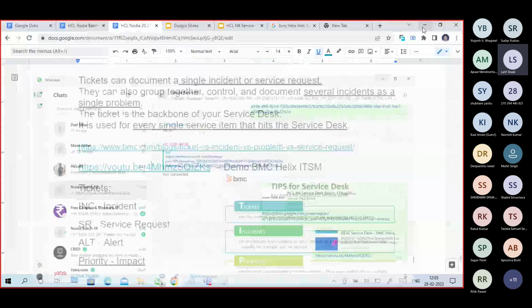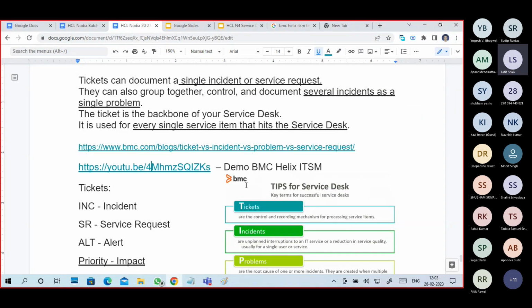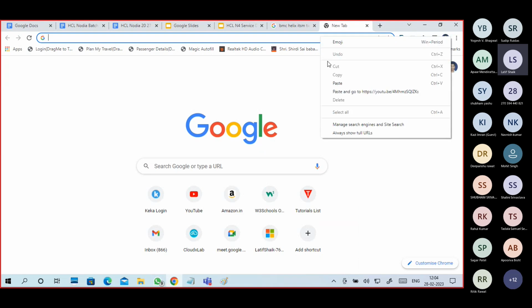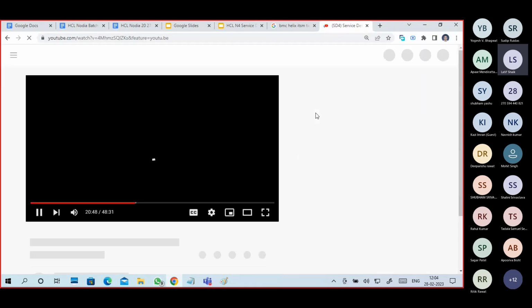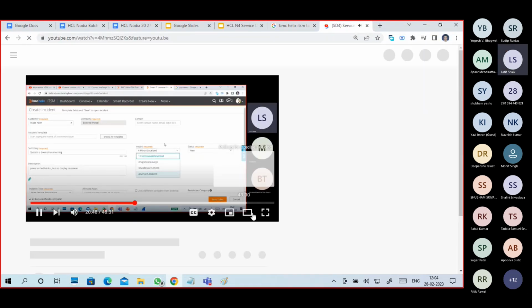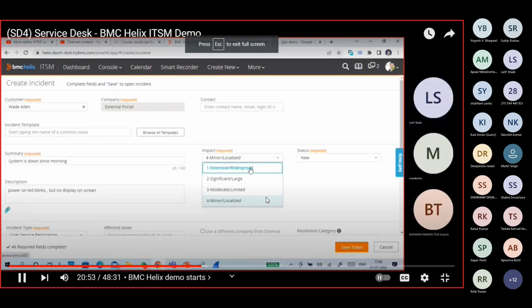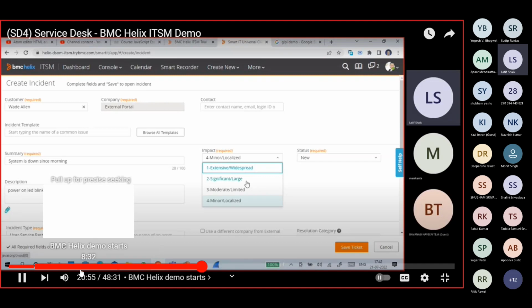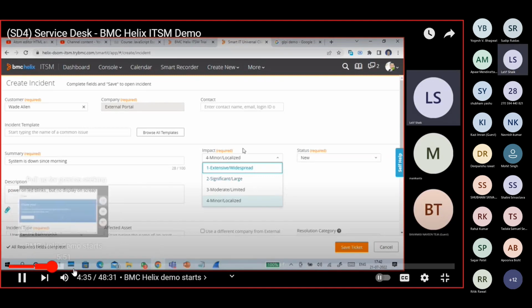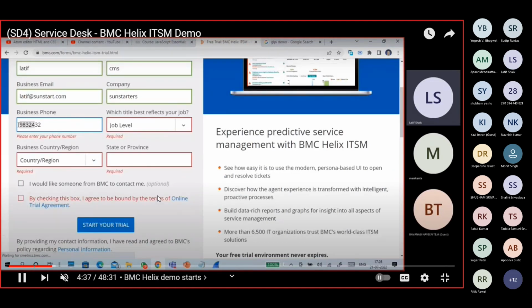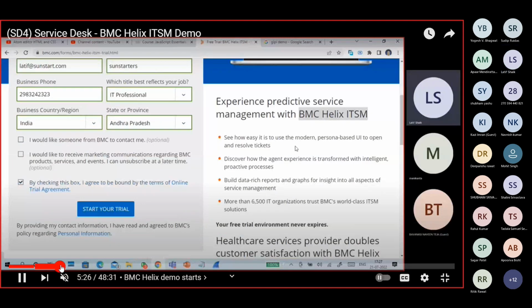If required, I will try to show the demo. Importantly, I explained in this demo how to create a ticket and, very importantly, how to log into this demo version.